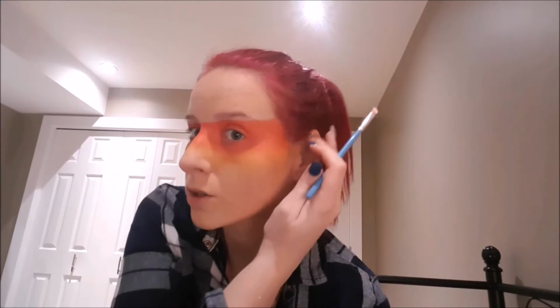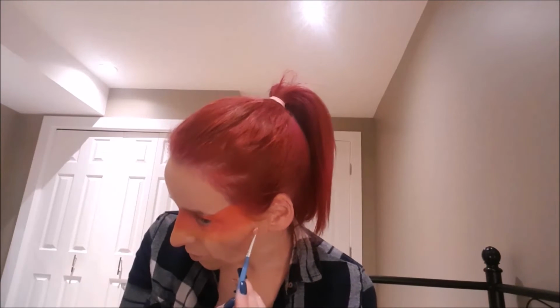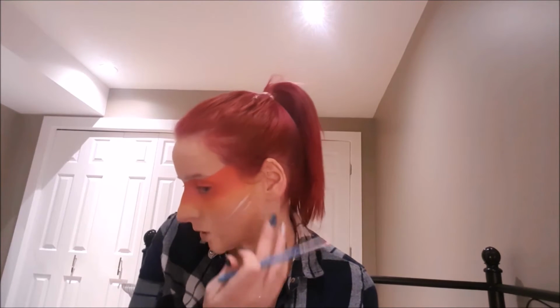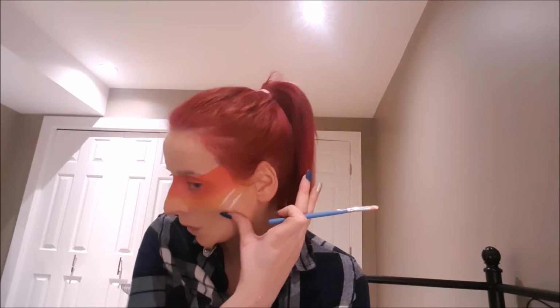So basically you're going to contour but with two white lines. So a trick, if you pull in your face like that, you'll find where your natural cheekbone is. I like the top one, don't like the bottom one. So like that on this side,